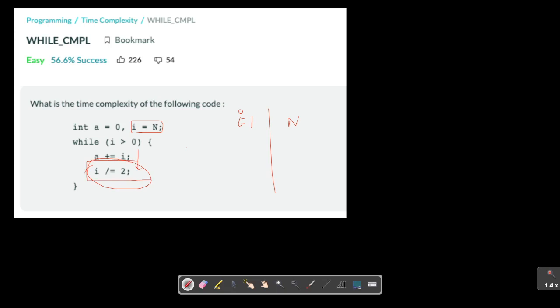This is the main part. It decreases the value by half, so its next value will be n by 2. After that, the value will be n by 2 by 2, that is n by 4. In the next iteration, it will be n by 8. So on, it will go till n by